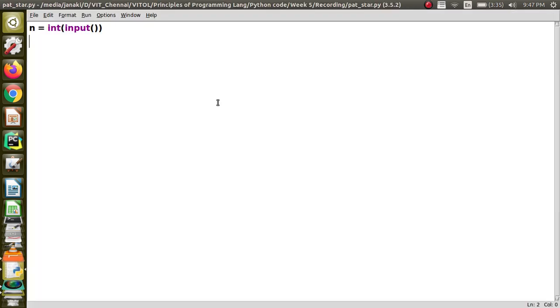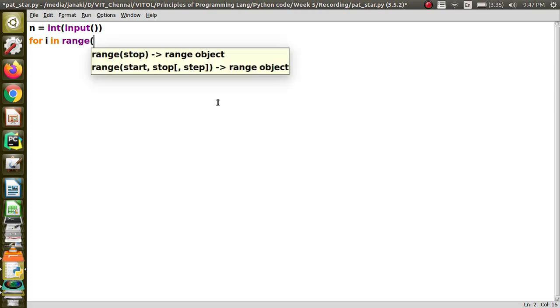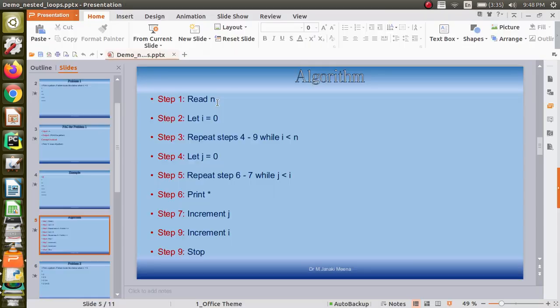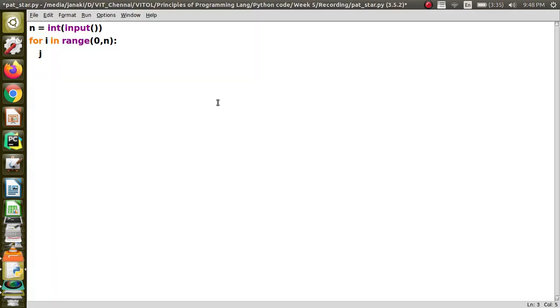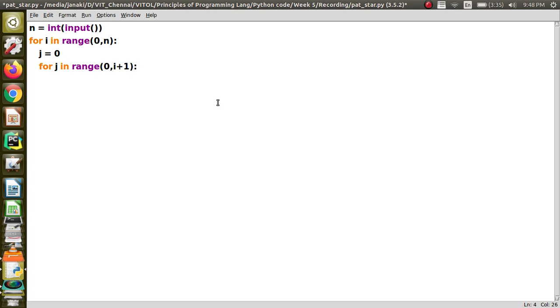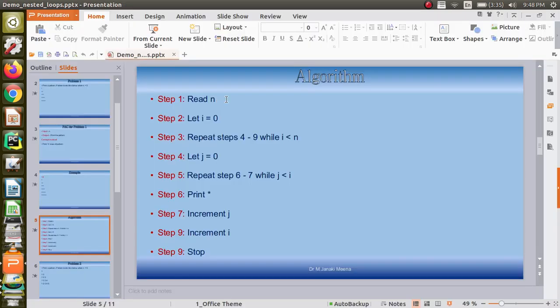So I will just say for i in range 0 comma n. This is going to run for n times, right? Each time I am going to say j equal to 0, and then for j in range 0 comma i plus 1. We saw during the presentation that this should be less than i plus 1.